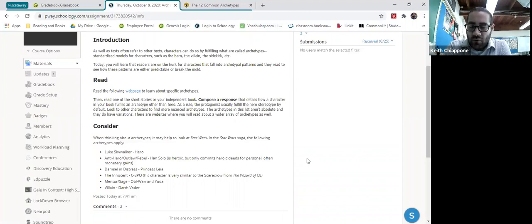You might not find one in The Masque of the Red Death because the character development in that story is so minimal, as the plot is very minimal as well. But anything that has a moving plot with moving characters, you can find archetypes.